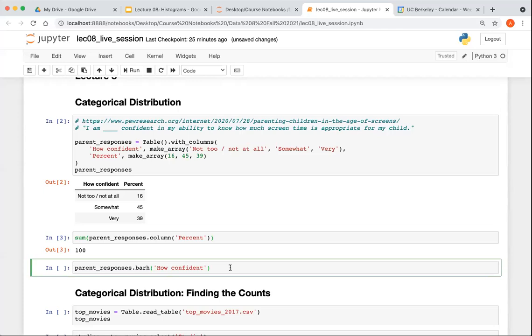Not going to run? Yes, going to run. If you give it only one variable, then it's going to try to make a bar graph of each of the other columns of the table against this one. We happen to have only one, and it's numerical. It should just work.